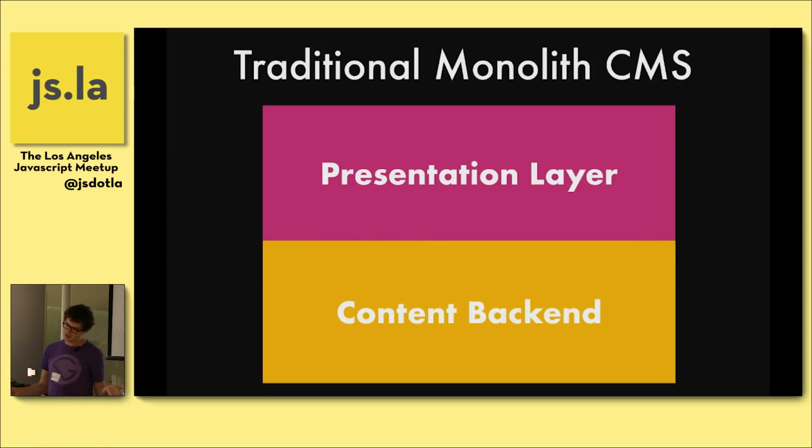So, theory section. If you look at a traditional monolithic CMS, you have these two layers that are coupled together. You have the presentation layer and the content backend. The content backend's where you're setting up your content models. There's permissioning. There's admin screens for creating or editing content. A whole bunch of different stuff. And the presentation layer is PHP templates or .NET or whatever you're using, that takes the content and then generates the site. And it also includes how you run the site. And what we normally think of as a CMS is all those things together.